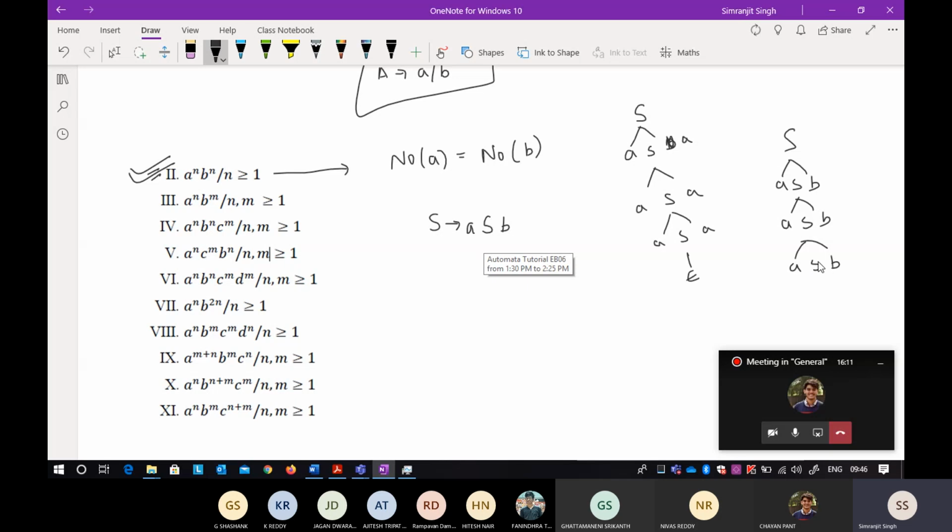You can stop it by taking the epsilon here, but if I take epsilon in the starting symbol, it will also say that in the language there is epsilon. But if you are clearly seeing here, n is greater than or equal to 1, so the smallest string here is AB. So you cannot take epsilon, so you just stop this expression. You have to take the smallest string, that is your AB.